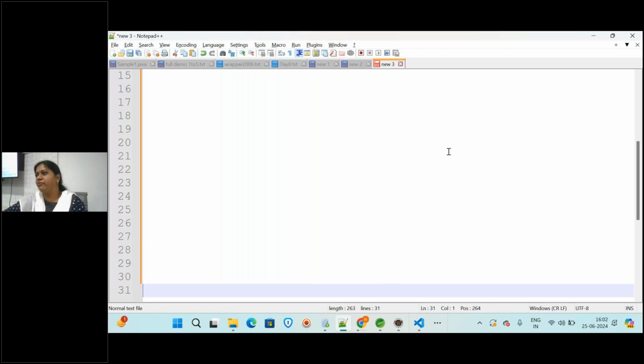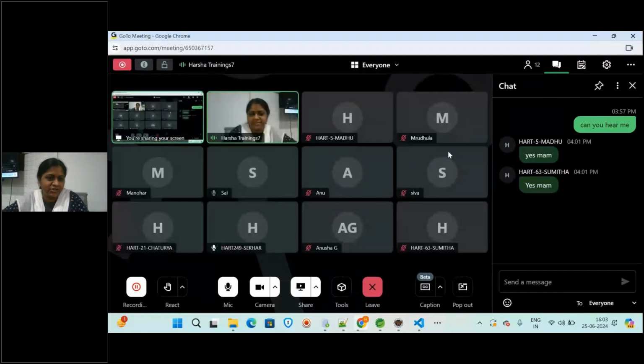And also, can we combine any two types of lists? Yes, we can combine any combination. Like in an ordered list you can write an unordered list, or in an unordered list we can write an ordered list. And we can also combine that in the definition list, all three together. So all these things we discussed in the last session. Okay, is it clear? Everyone in the online students?